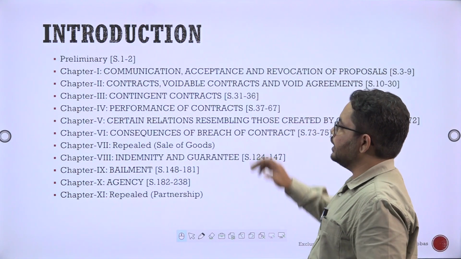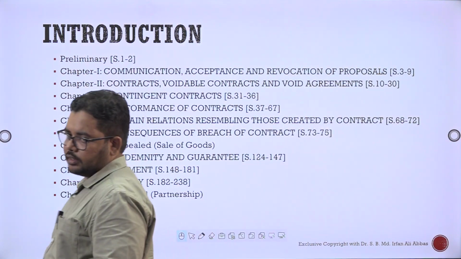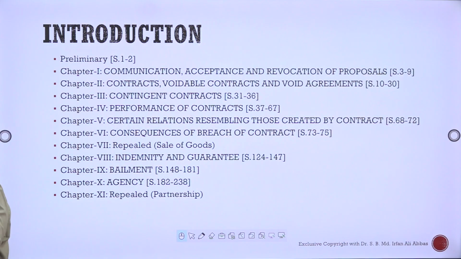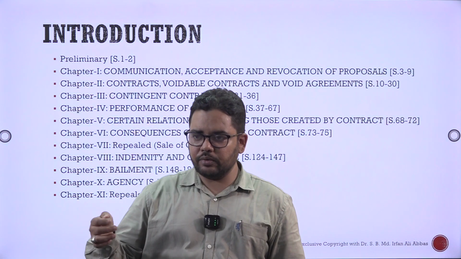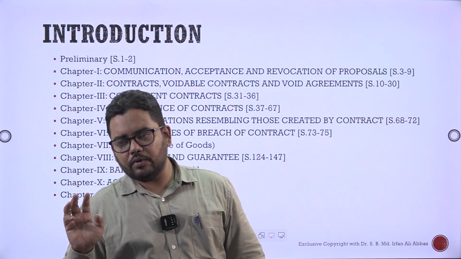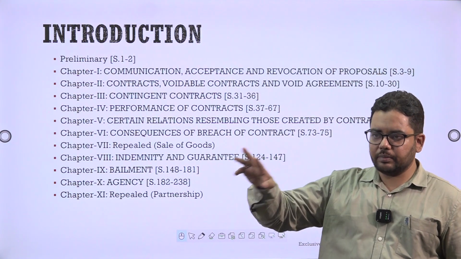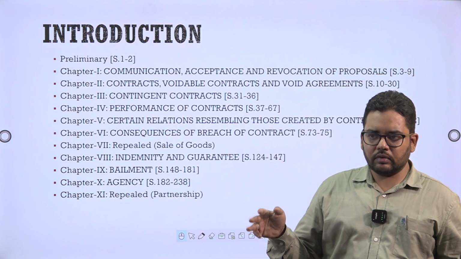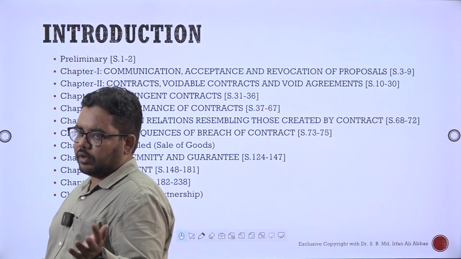Then you have contingent contracts in chapter 3. So what do you mean by contingent? Contingent means which is dependent upon the happening or non-happening of a future uncertain event. Like if you marry, I will give you 1 lakh rupees. Or if you are able to deliver this particular goods. I have a contract with a tailor, let us suppose. So before the festival,